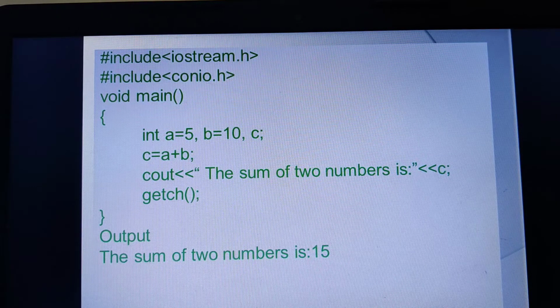So how have we declared the character constant? By specifying the data type, by specifying the name, then by using the assignment operator, then specifying the character, which should be enclosed in single quotes. We have taken the example as char ch = 'p', but that p should be enclosed in the